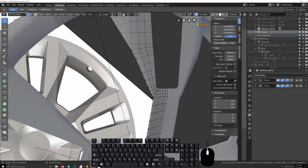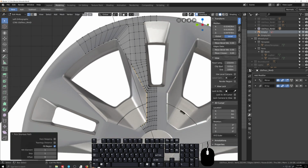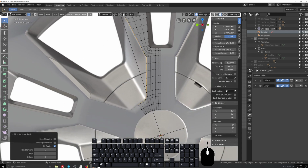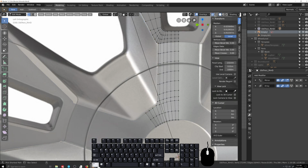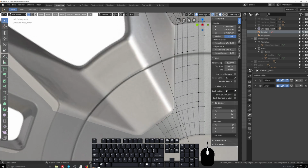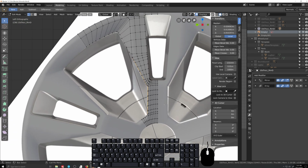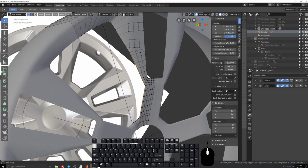How is that going to play out? So I grab this entire thing, then I've got to think about, yeah, that's not going to work that way, is it? This is going to end up having to be like an extrusion of some sort. Maybe even this one. So yeah, how am I going to do this facet? How am I going to do that facet there? It looks like,